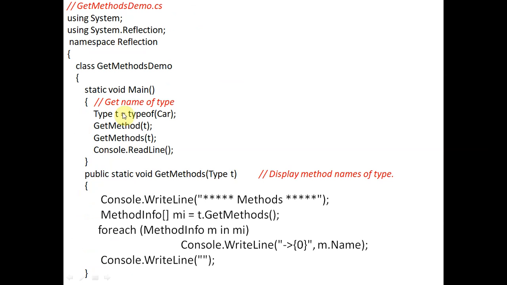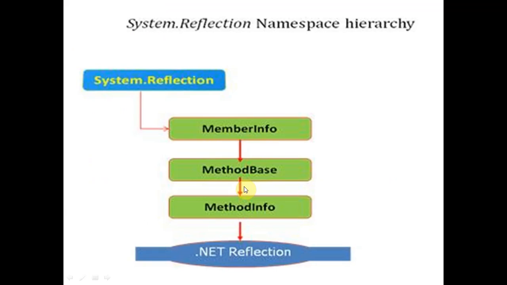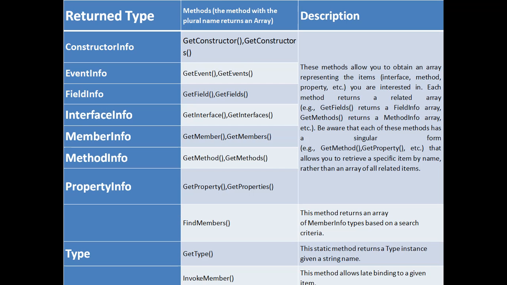So all these methods we are using on this Car class, because we are using typeof(Car) here as the type of class. It will display all the methods. So this is the program for displaying methods, and MemberInfo is used here. As per the list, we are using MemberInfo only, so we can design programs for all these.